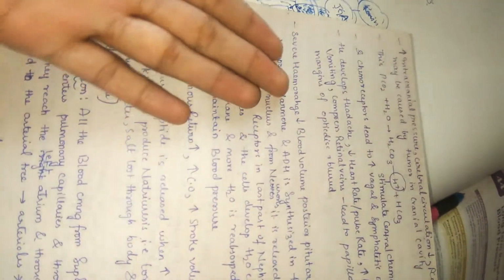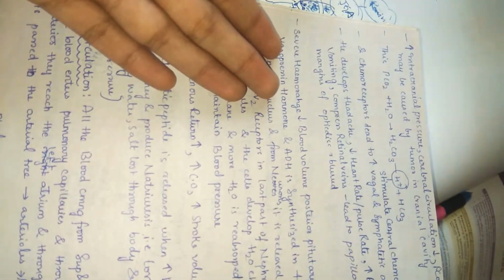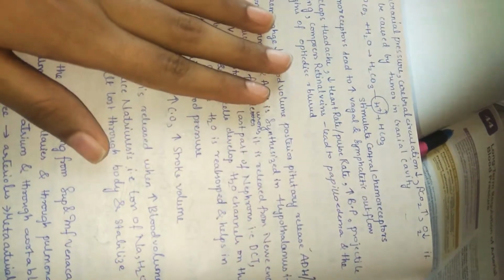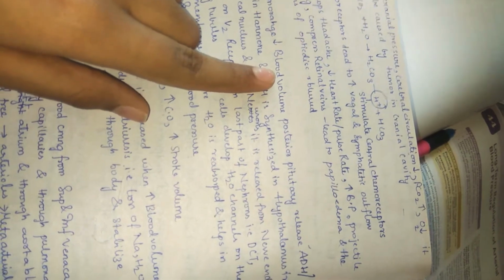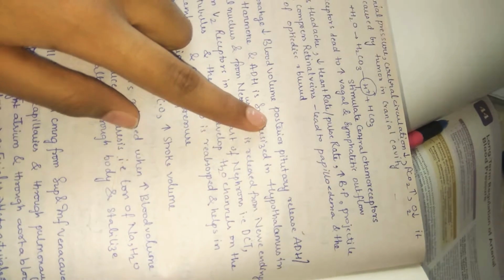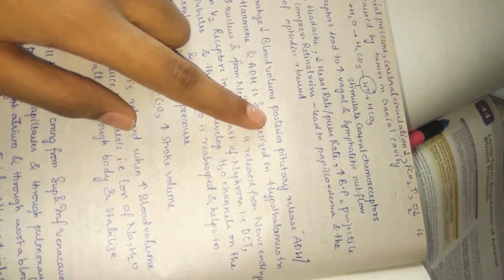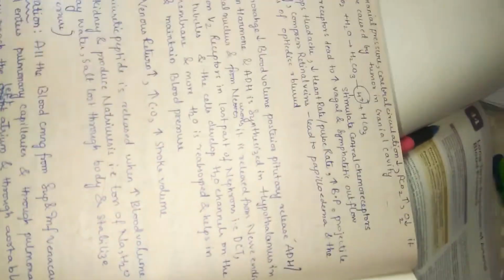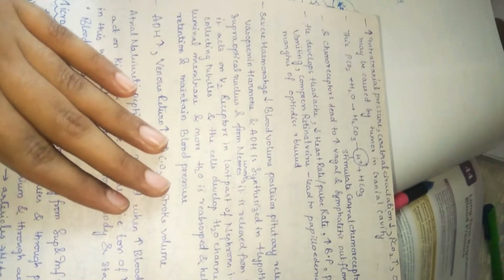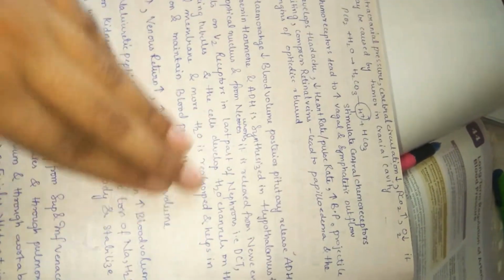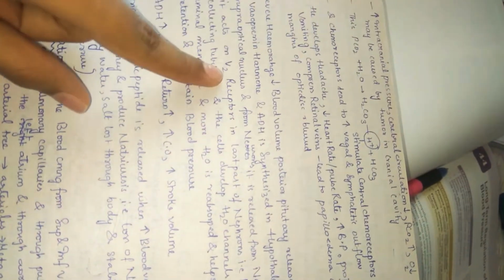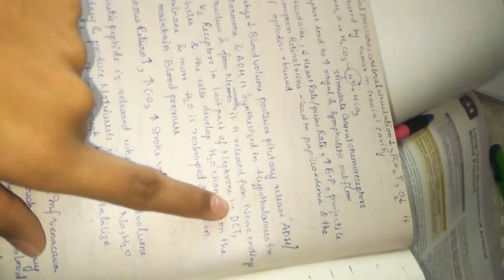So severe hemorrhage, a very large accident, then a lot of blood is lost, so there is a very large decrease in blood volume. So the posterior pituitary mainly releases ADH, antidiuretic hormone, also called vasopressin. It is released from the posterior pituitary, but it is mainly synthesized in the hypothalamus, in the supraoptic nucleus, and from the neurons it is released from the nerve endings.